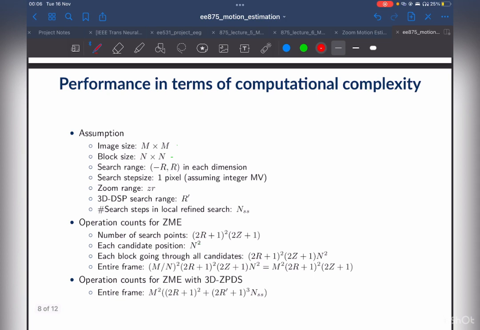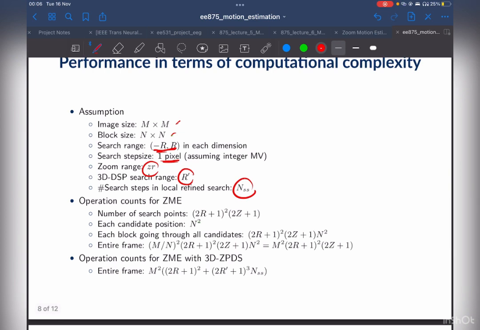So let's take a look at the computational complexity. Given the image size m by m, block size n by n, search range in minus r and r, search step size of 1 pixel, zoom range C R, local search range using the diamond search pattern is R dash, and search step in local refined search is NSS. The operation count for CME: the number of search points equals (2R plus 1) squared times (2C plus 1),